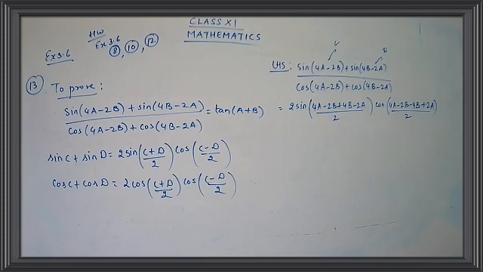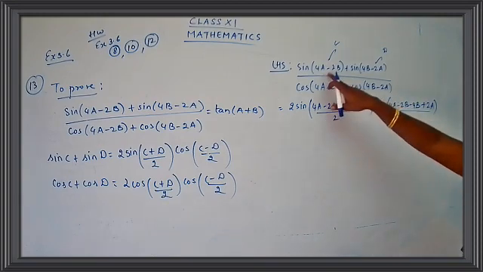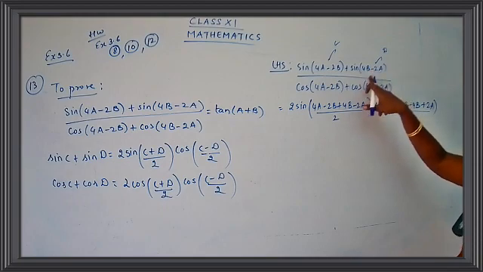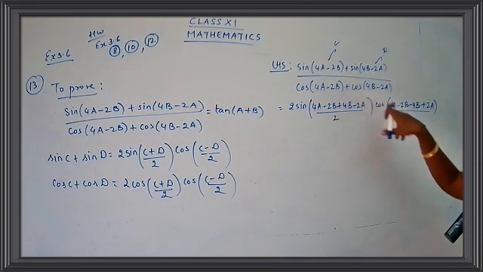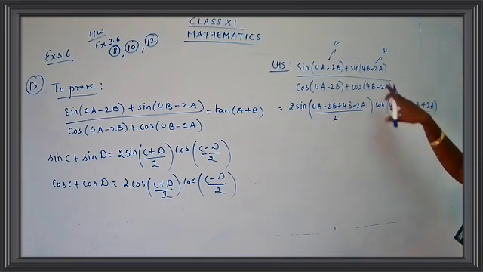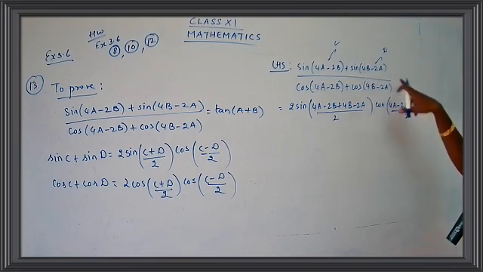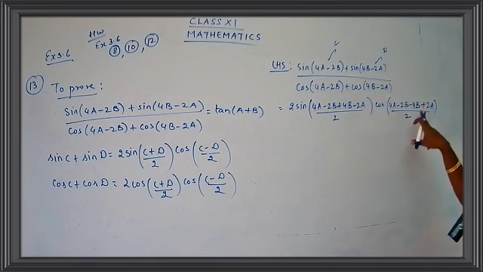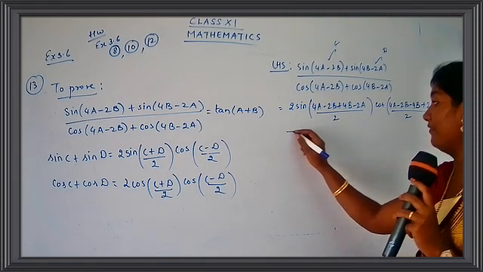So write down, you have 2 sine of 4a minus 2b plus 4b minus 2a. You are going to add a and b. There are two parts, c and d, upon 2, and then you have to subtract, that is 4a minus 2b. Since we are subtracting, you have to change the sign. So I have done it directly over here. So 4a minus 2b as it is, change the sign, so minus 4b, and minus 2a will change into plus 2a, upon 2. Okay, done. Now let's simplify. We have just completed the numerator part. We still have the denominator part.